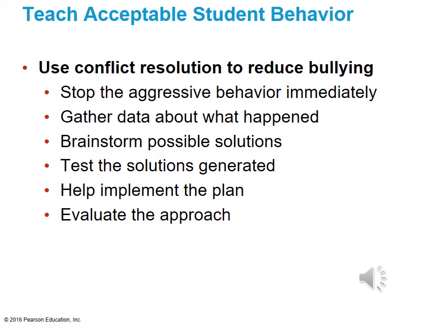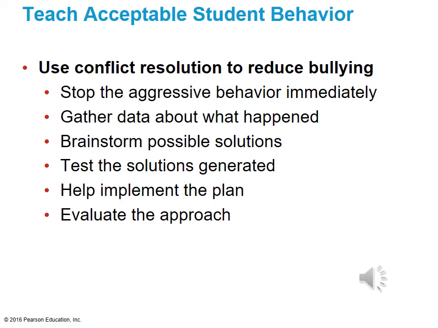Another issue concerning teaching acceptable student behavior is how to use conflict resolution to reduce bullying. In your book, it says nearly 1/3 of U.S. elementary school students say they are frequently bullied at school, and that was back in 2007. So that's 12 years ago. I want you to know bullying